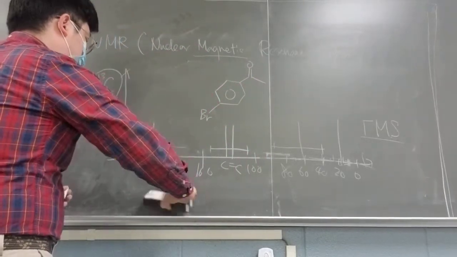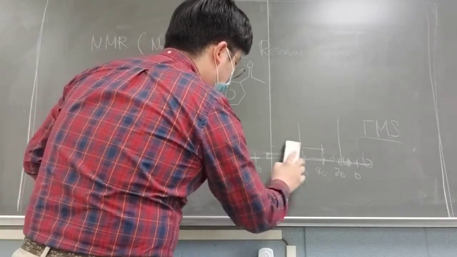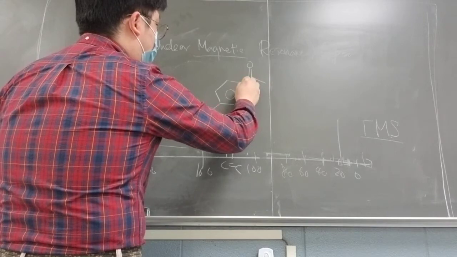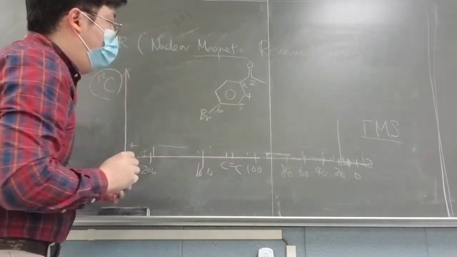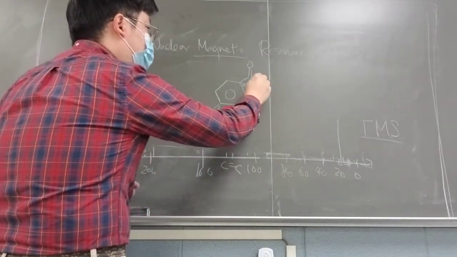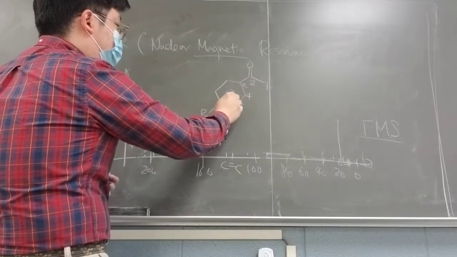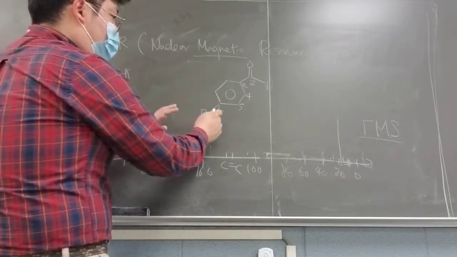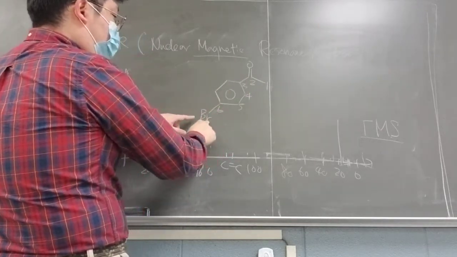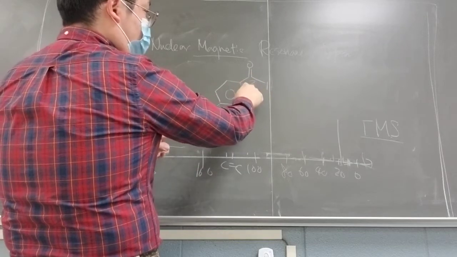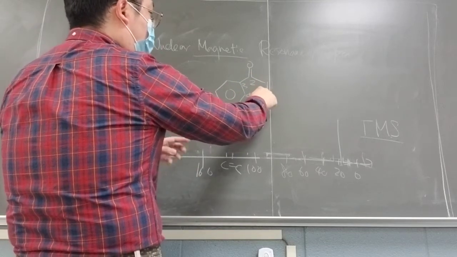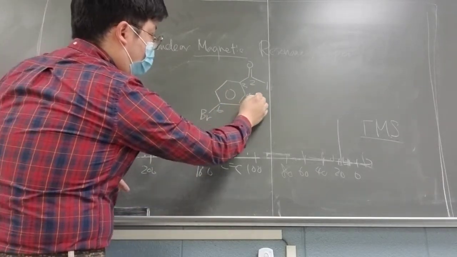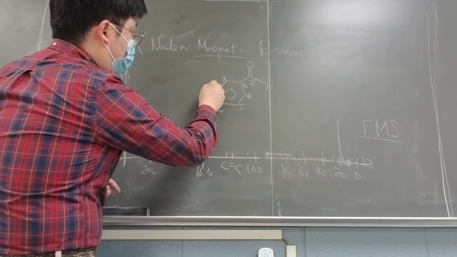So in this case, you have 8 carbons: 1, 2, 3, 4, 5, 6, 7, 8. But think about it. I know this one has to be different because this is bound to the bromine, this is bound to the carbonyl group, this is right under the oxygen with the double bond, this is the terminal. So I know they are different now, but for this one and this one and this one and this one